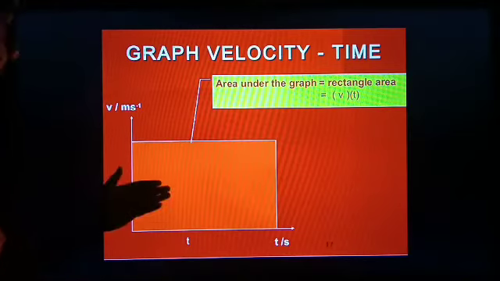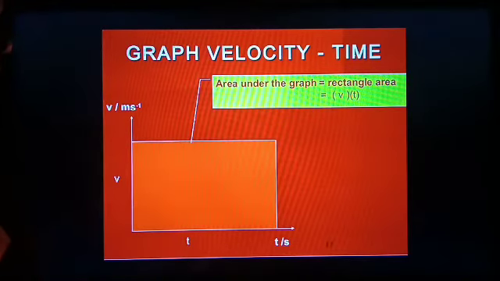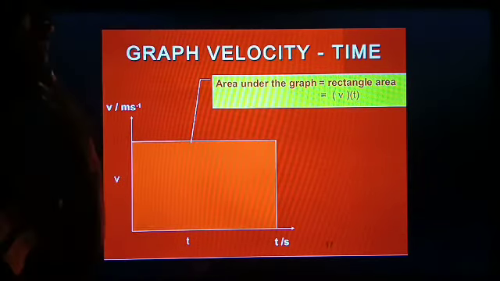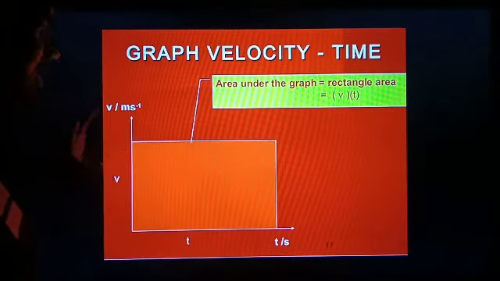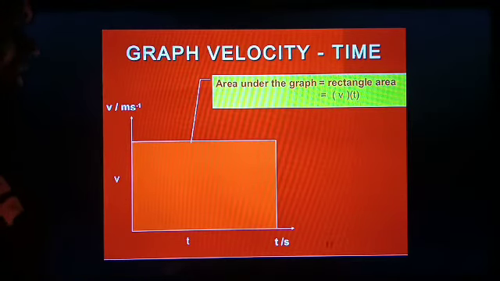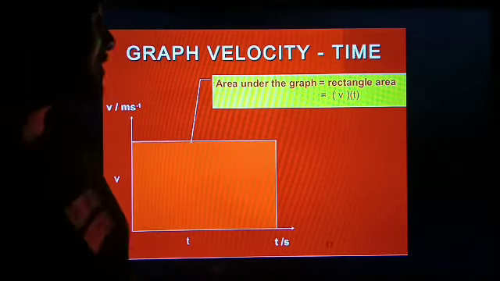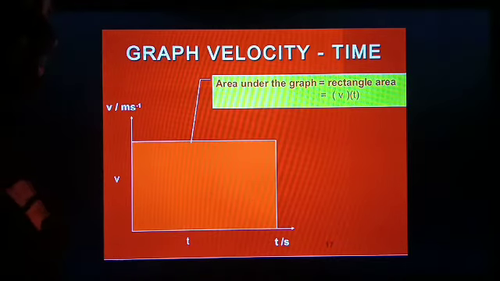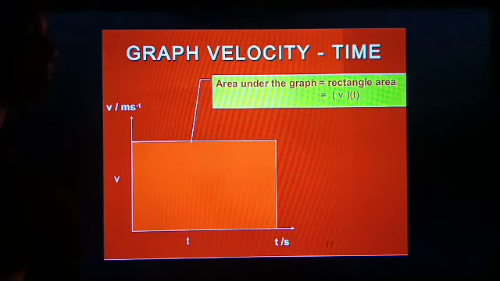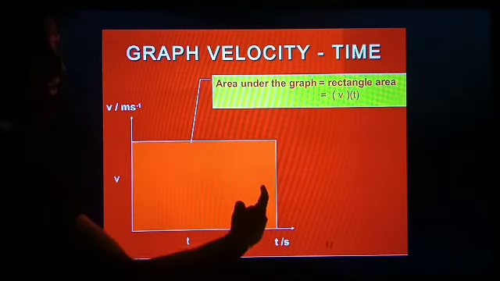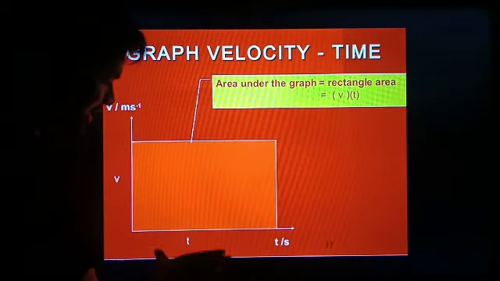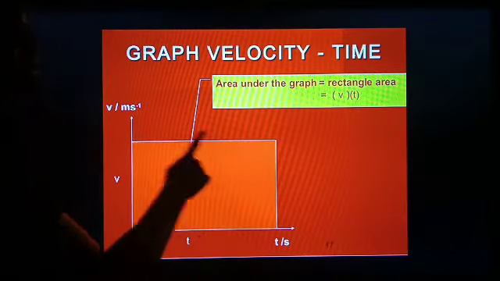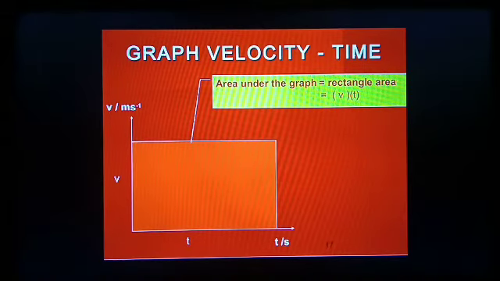See, in this, suppose that this is the VT graph of a body, and what does this parallel line tell? A line in the VT graph parallel to the time axis, what does this tell? The velocity of the body does not change, it is constant. The body is moving with constant velocity, and by calculating the area we can calculate the displacement. So the area of this orange part is equal to the area of a rectangle, that is length into breadth, so V into T. So V into T will be the displacement of the body by this graph.